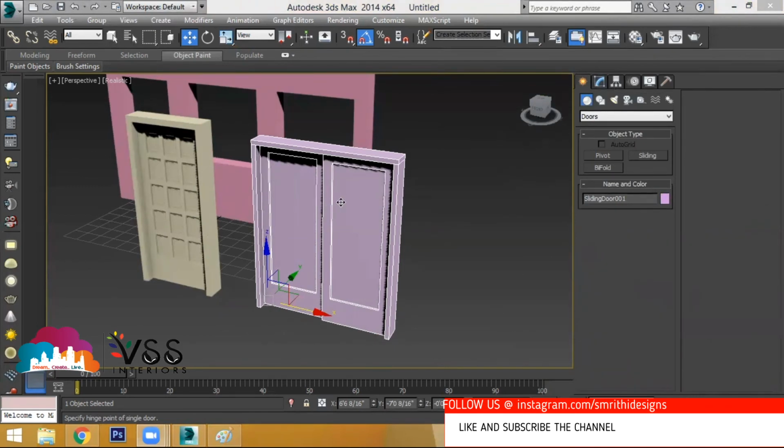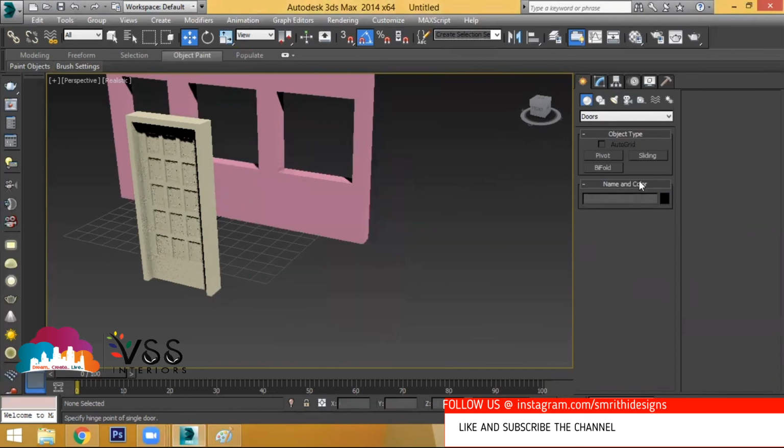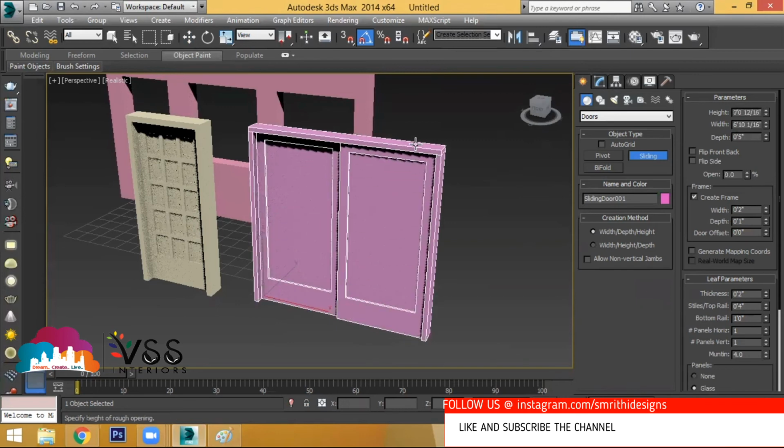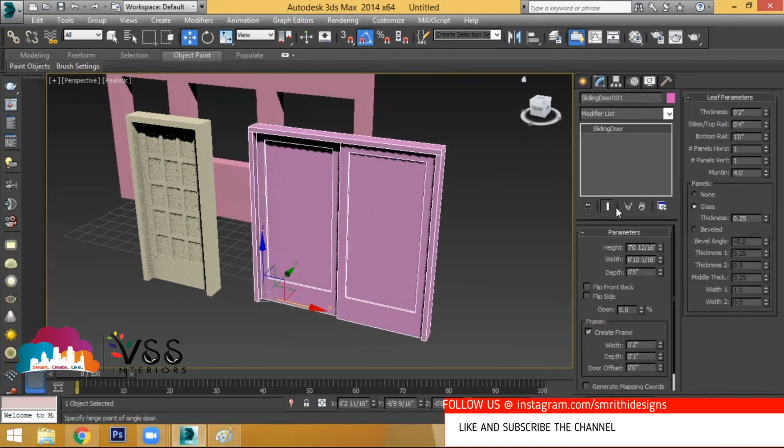So let us go with the next option, sliding door. All the modifications will be the same. You people have to try it because we can't discuss every single topic, as all these modifications are the same as we have done in the previous door. Just we'll see how the door will get opened. Let us drag the total length, take a very little width and provide how much height you need. Go to modify, see the opening.